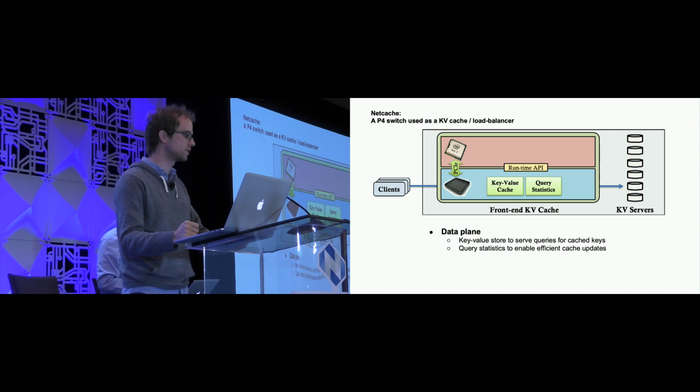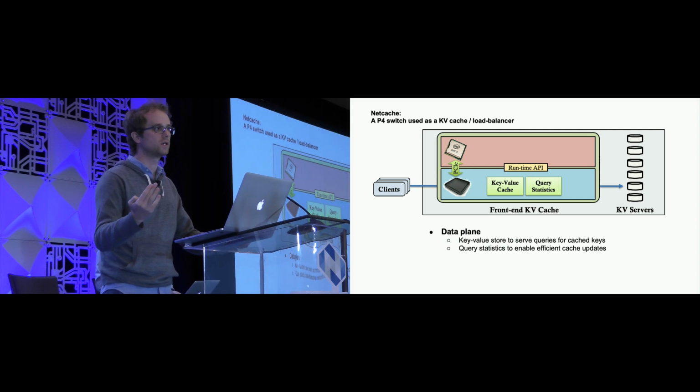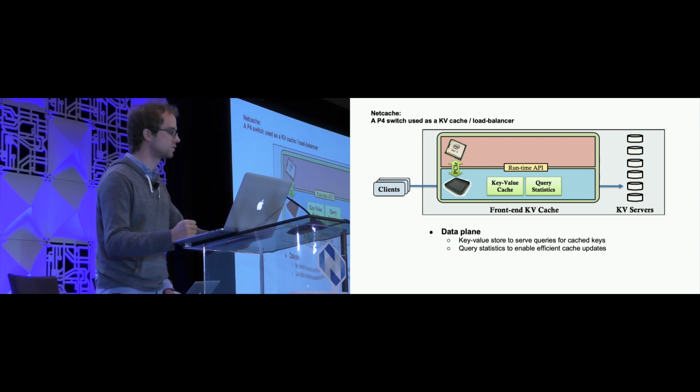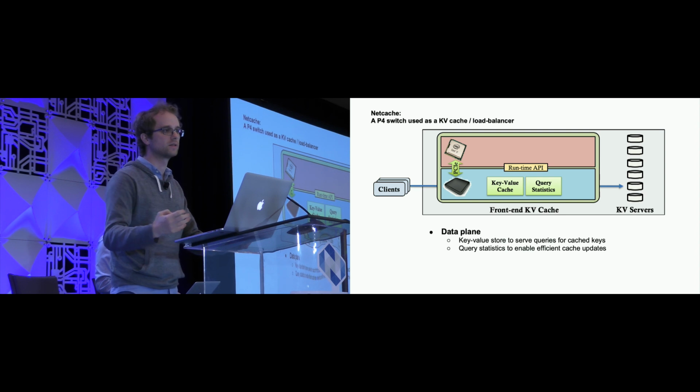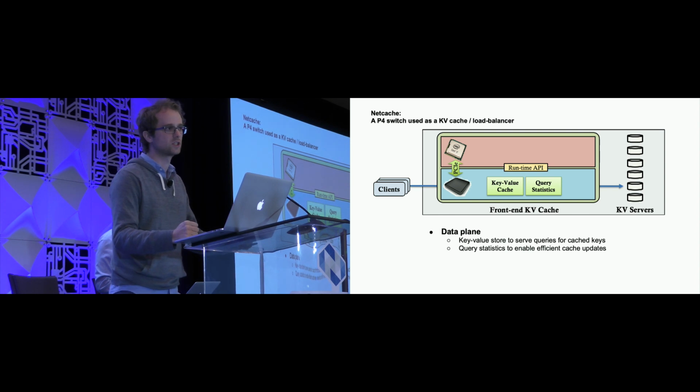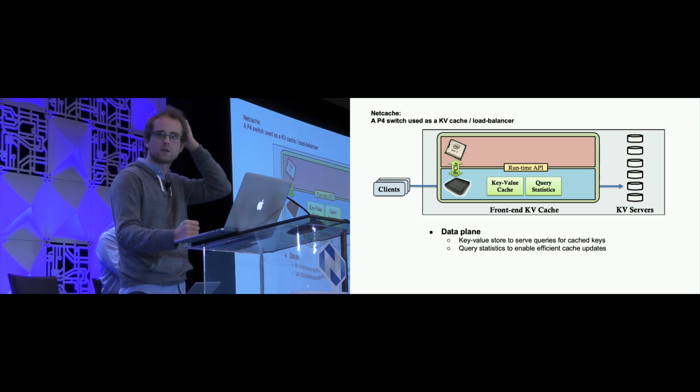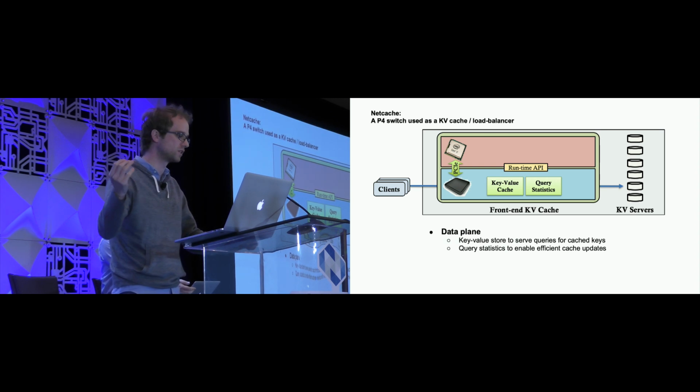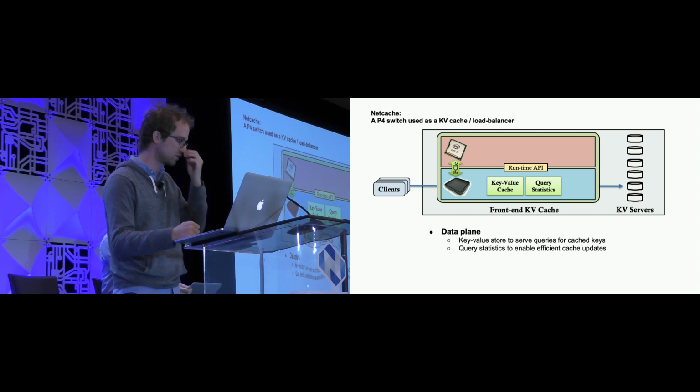What's very interesting is that in a data center class switch, the amount of on-chip memory you get, the amount of SRAM, is pretty small. So the amount of keys and values you can store is actually pretty limited. But it's been demonstrated that if you can cache n log n keys, where n is the number of servers you're serving,